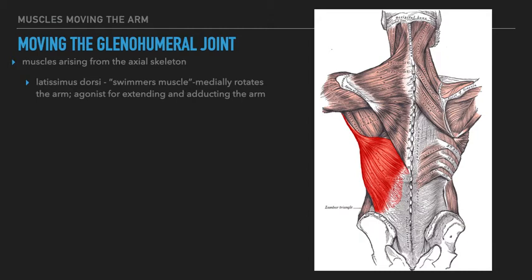The origin of this muscle, so remember the origin is the part where the muscle is not moving. The insertion, where the muscle inserts, is the area that the muscle moves when it contracts. So the origin of this muscle is going to be the spinous processes of the thoracic vertebrae 7 through 12. It also attaches to ribs 8 through 12. It's a very large muscle. You can see down near the bottom, it attaches, an origin is the iliac crest as well. And then the insertion is the intertubercular sulcus of the humerus. So it's going to insert on the arm, the humerus bone of the arm,